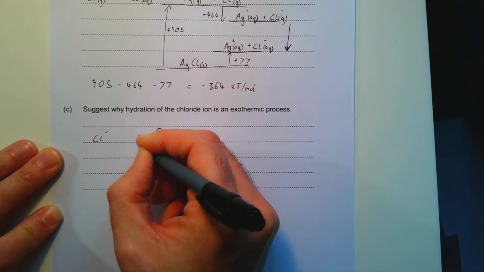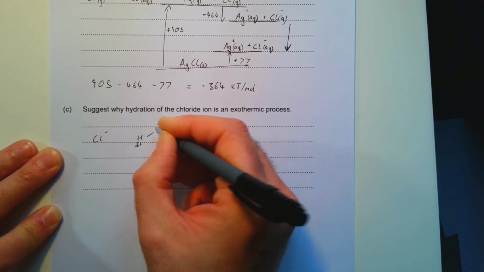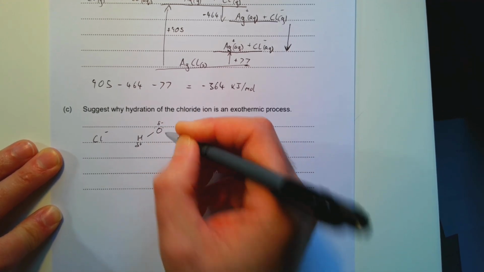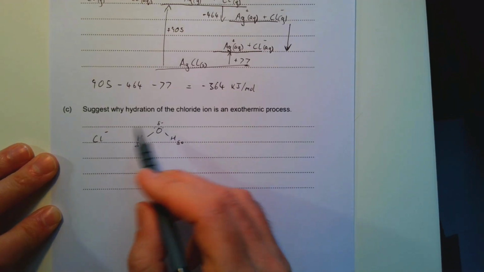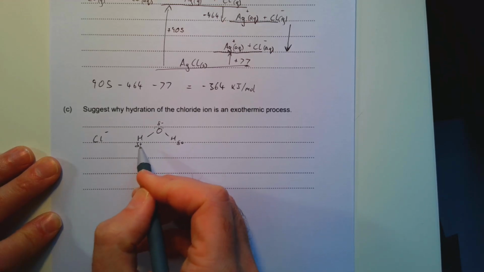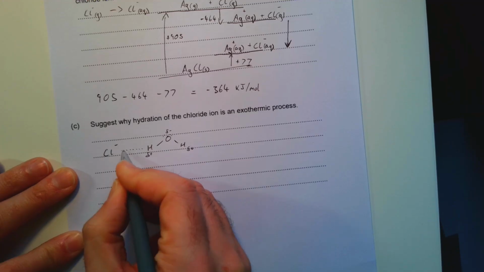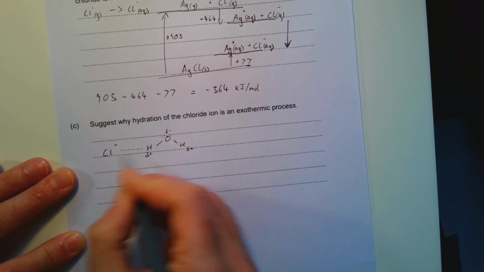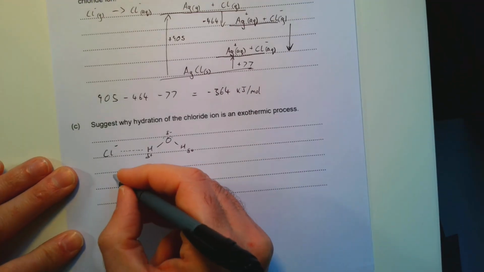We've got H-O-H with a strong delta plus, delta minus, delta plus. We've got those lone pairs on the oxygen atom. Where might a strong force of attraction form? Well, this delta positive hydrogen, this slightly positive hydrogen, would experience electrostatic attraction to the chloride ion, and so we can just write that out. The diagram will help, but we'll write it out in words as well to make sure we